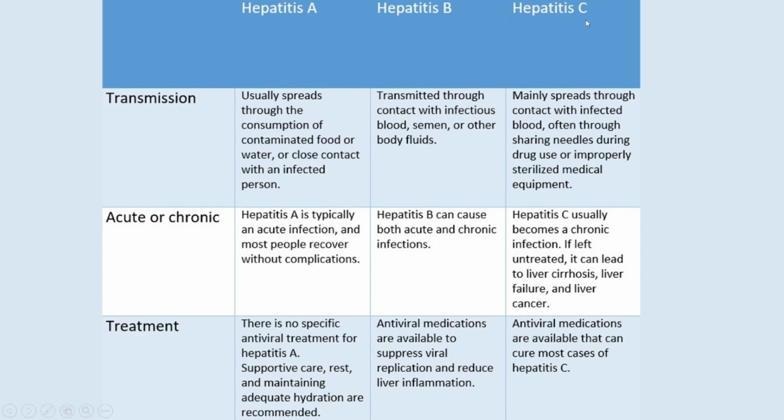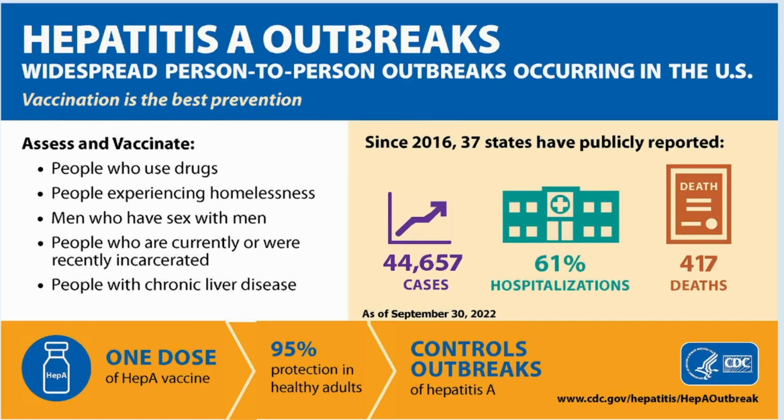For hepatitis C virus, medications are available that can cure most cases of hepatitis C. And now there is also a vaccination. Vaccination is one of the most effective ways to prevent this type of chronic infectious disease. So this is about transmission, whether the infection is acute or chronic, and what its treatment is. The next slide, as you can see,